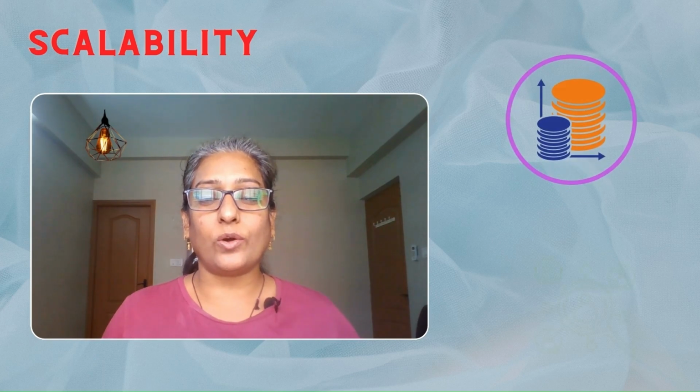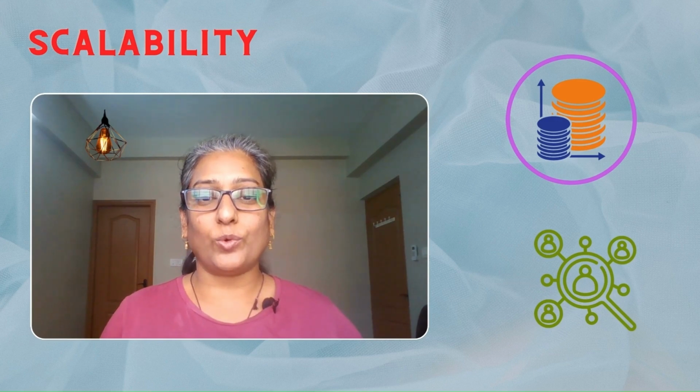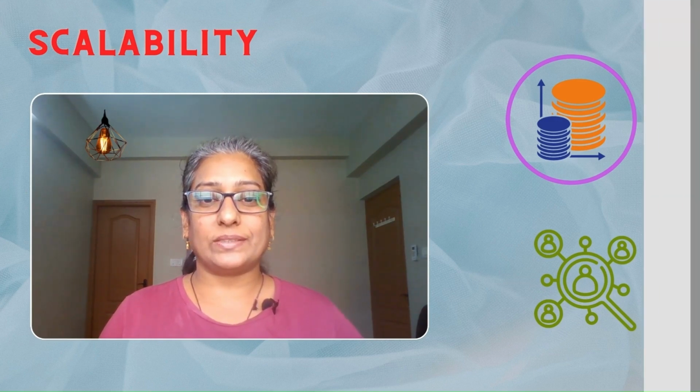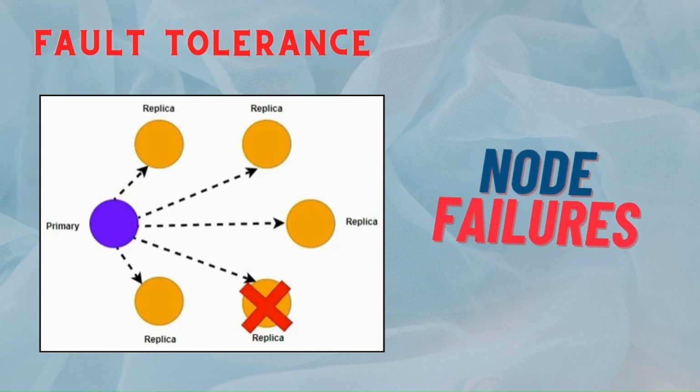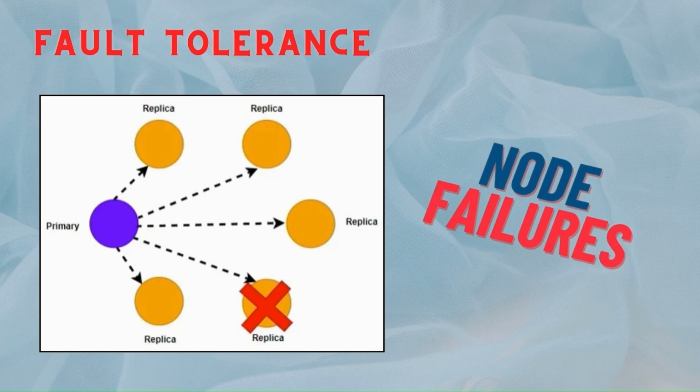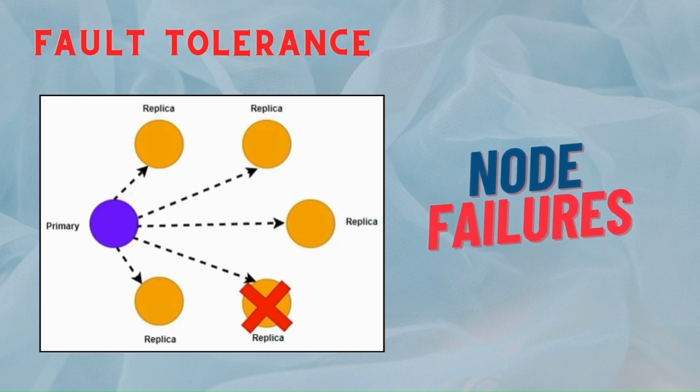Partitioning lets a system scale horizontally. This enables the system to handle more data or users. To know more, watch our video on scalability. Partitioning provides fault tolerance and high availability. Even if a portion of the system becomes unavailable, the remaining partitions and nodes can continue to function, maintaining the